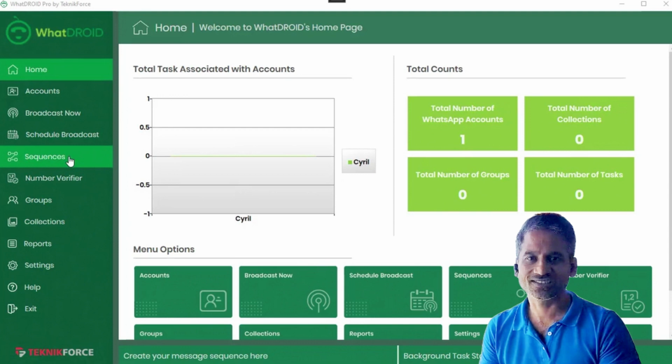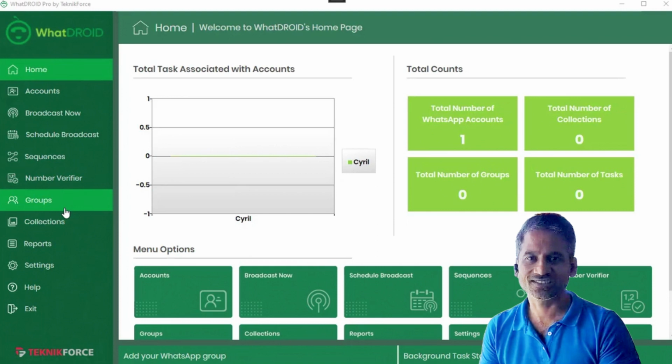You can create message sequences. So if you want to create a sequence of messages that go out every day, you can do that. You can verify WhatsApp numbers. So if you have a group of numbers and you want to make sure that you extract the correct WhatsApp numbers from them and remove all the numbers that are not valid WhatsApp accounts, you can do that using the number verifier.